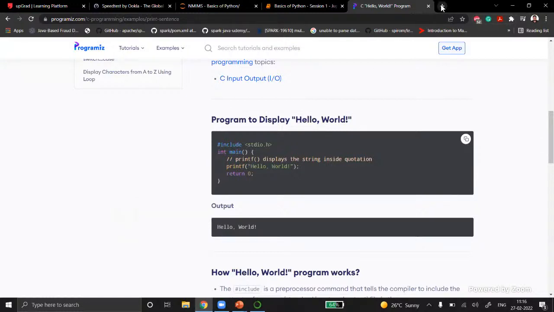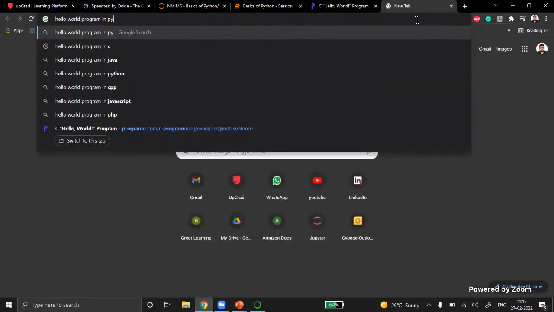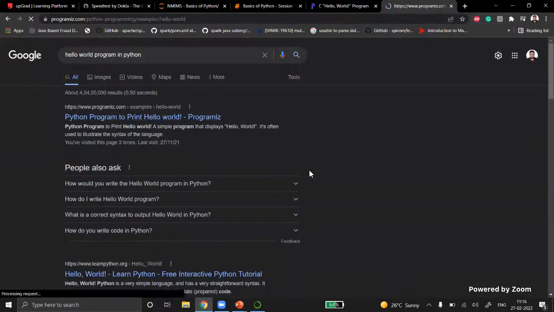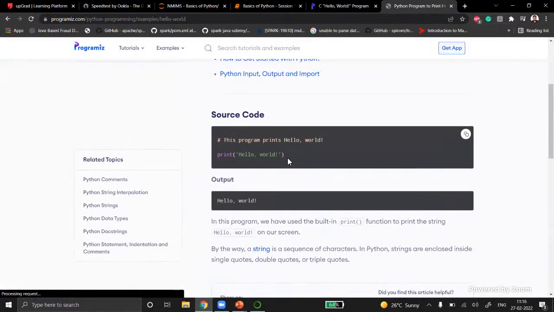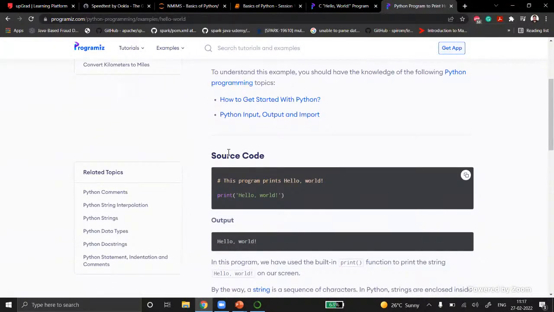Now I'll say hello world programming. Instead of C, I want the same program in Python. Now, how many lines of code do you see here? Yes, only one line, right? This is a comment that they have written. This program prints hello world. Now tell me